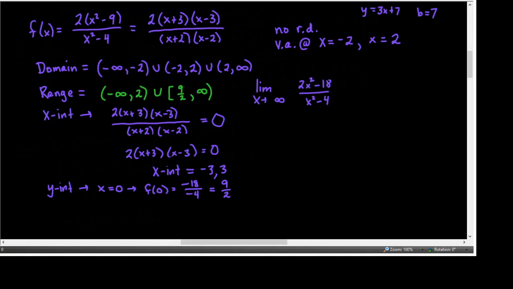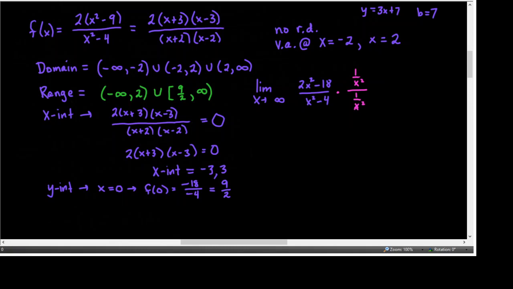So you know the trick that we talked about is, since the powers in the numerator and denominator are equal, the greatest power of x being 2, the answer will be the ratio of the leading coefficients of those two polynomials. So 2 over 1 is what I'm expecting this to be. But I want to show that work. So I'm going to find the highest power of x in the denominator, x squared, take its reciprocal, 1 over x squared, over itself, 1 over x squared over 1 over x squared,